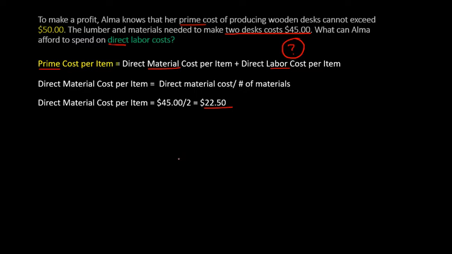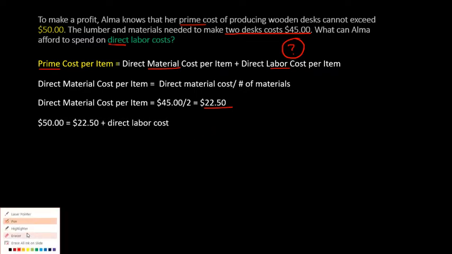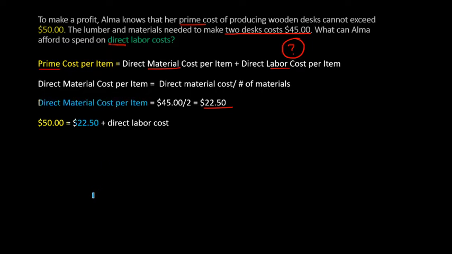So we can plug that into our equation now, and we find that $50, which was our prime cost, is equal to $22.50, and that's what we just calculated as the direct material cost, plus direct labor cost. So simplifying, direct labor cost can be as much as $27.50, and that's per item. Okay, so she can afford to pay someone up to $27.50